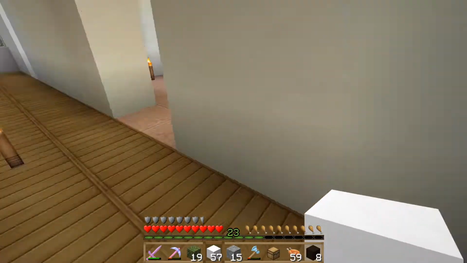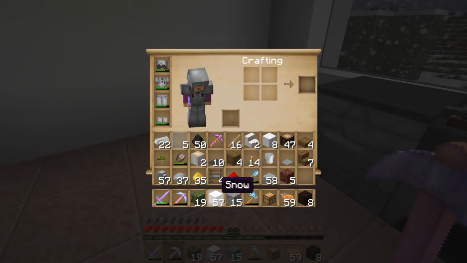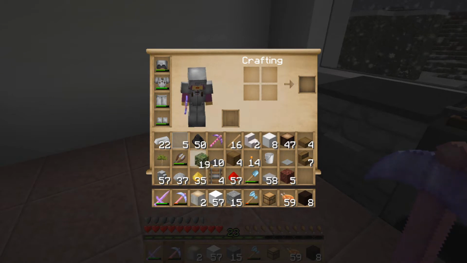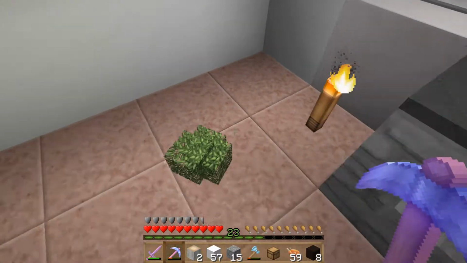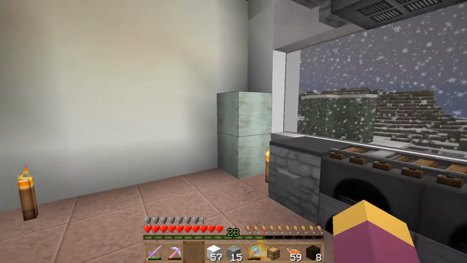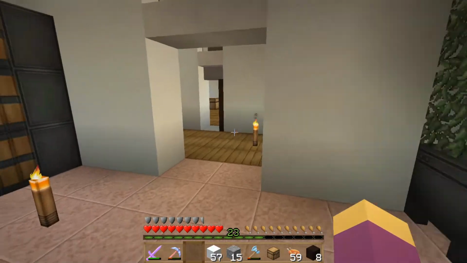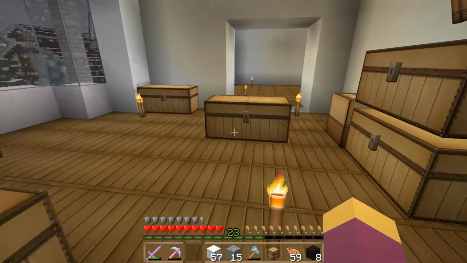Let's just get on with the kitchen for now. But yeah, the birch. What am I doing with the birch? Because I've just had a bit of an idea with that. Obviously, I'm going to throw that on the floor. So we'll put that there, and we'll put that there. And then what I'm going to do is, in this texture pack, paintings,